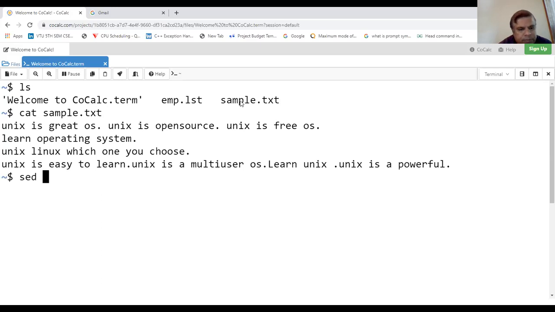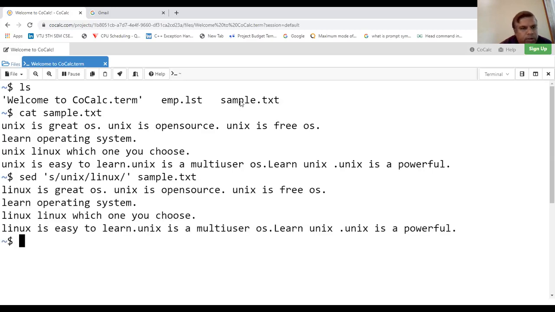So sed, use the action substitute, the word Unix with the word Linux, from the file sample.txt. See here, if you observe the output, all the first occurrences of the word Unix are replaced with Linux.